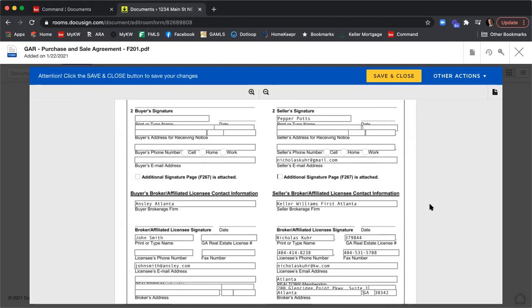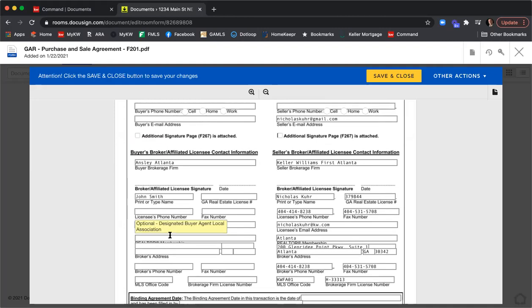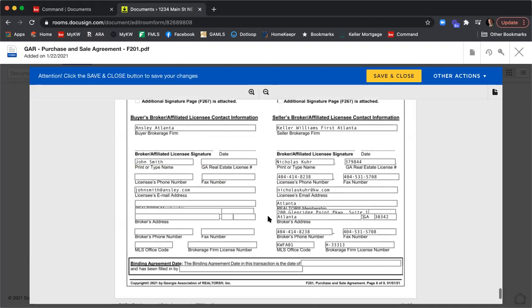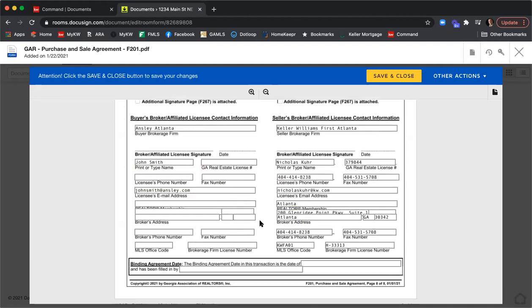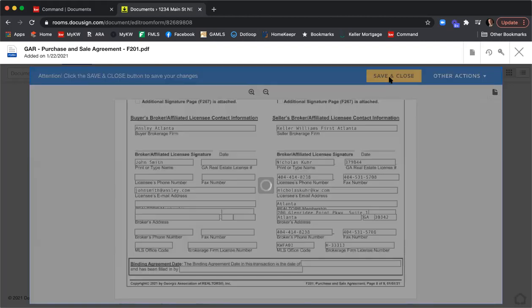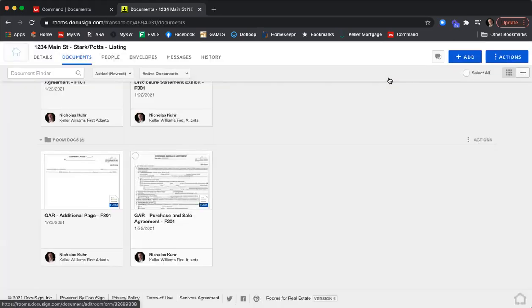Yep. Okay. Then I could come down here, finish filling in John Smith's information, look that up in FMLS, and then click save and close. So that's what we just did, half listing agent side, half buyer's agent side, because traditionally, if you're the listing agent, you're more than likely going to be receiving the purchase and sale agreements, at which point you would have PDFs that you could then